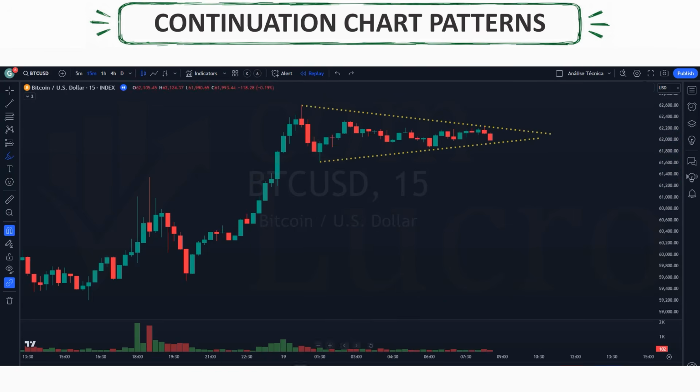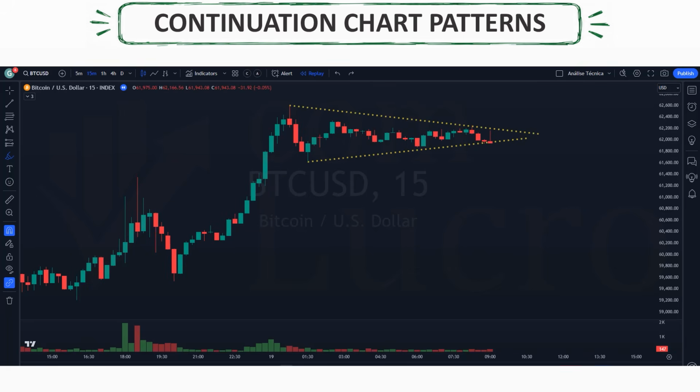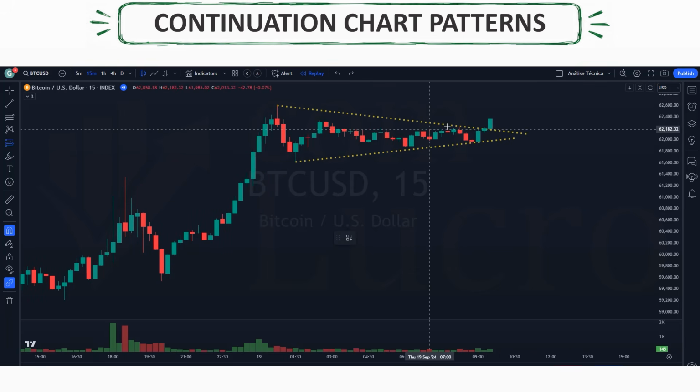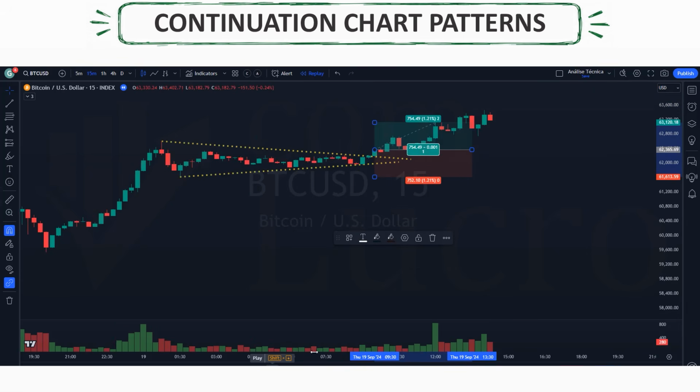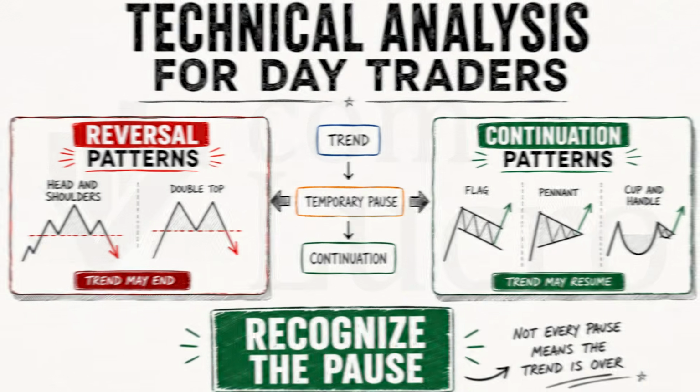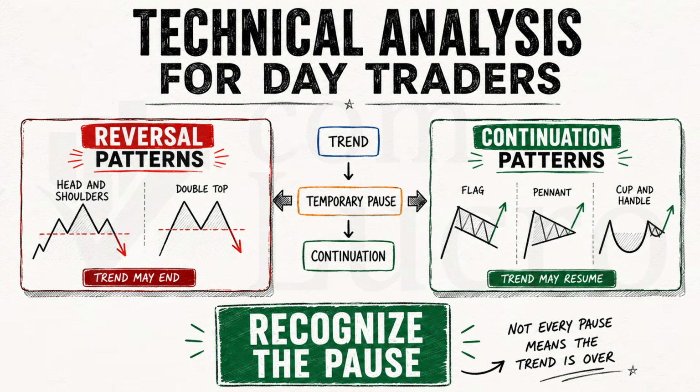Today, we're continuing our technical analysis for day traders course by exploring one of the most important concepts in trend trading, continuation chart patterns. In the previous video, we covered reversal patterns such as the head and shoulders and double tops, which help identify when a trend may be losing strength. Now, we'll focus on the opposite situation, how to recognize when a pause is only temporary and the current trend